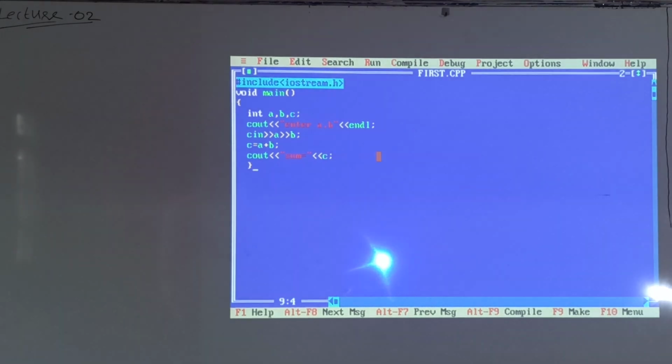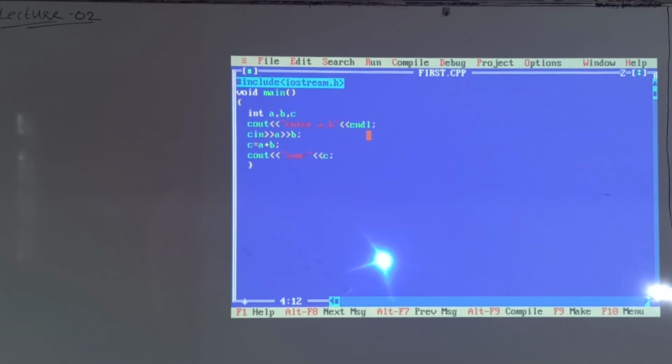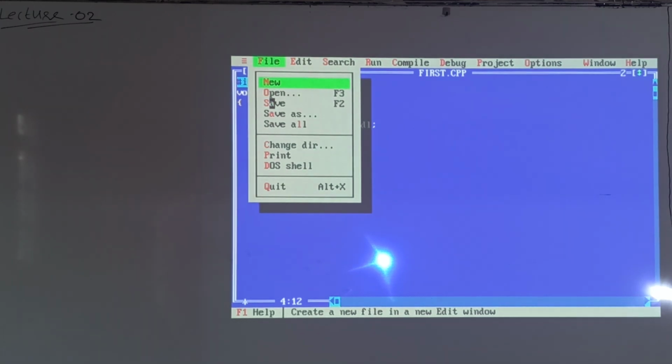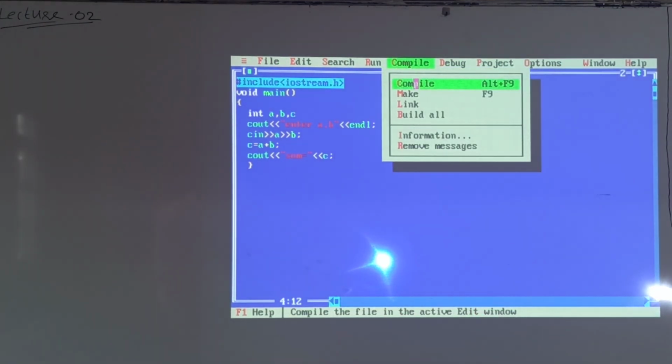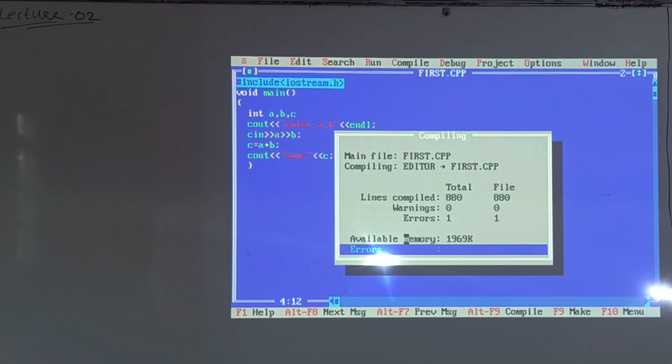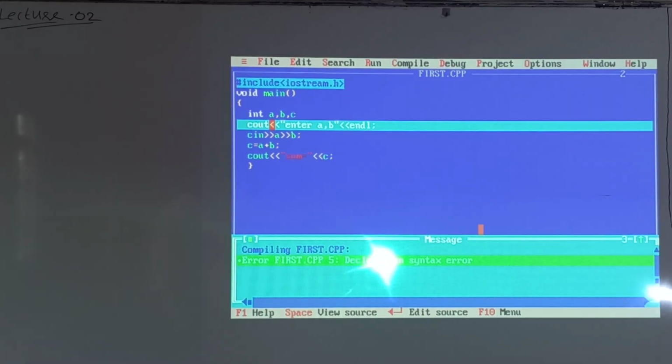Suppose I made some mistakes. For example, here I will remove the semicolon, again save, compile. See here, errors 1, press any key.